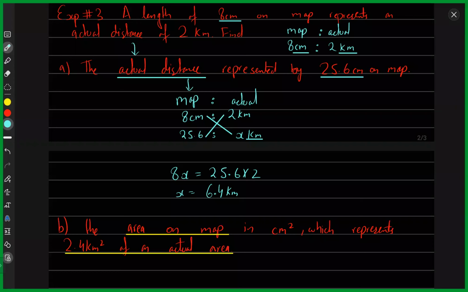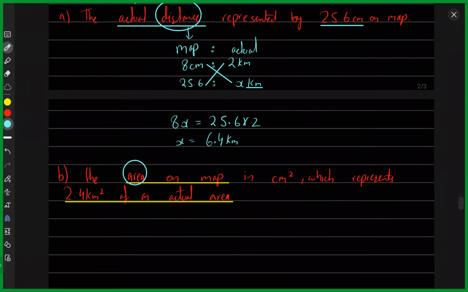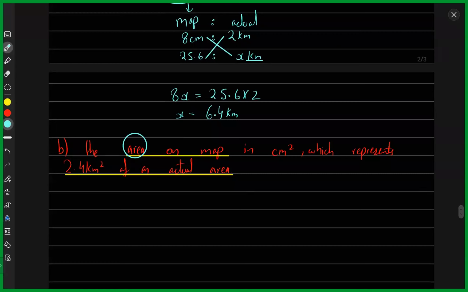The second part says the area on the map. This was about the area, and the first one was about the distance. Distance was easy because the information given in the beginning was about distance as well. We were able to generate a standard ratio and do everything easily. But this is for area and the units for area are centimeter square. So I'll write down the length scale. That was 8 centimeters ratio 2 kilometers, and for area I am going to square that,